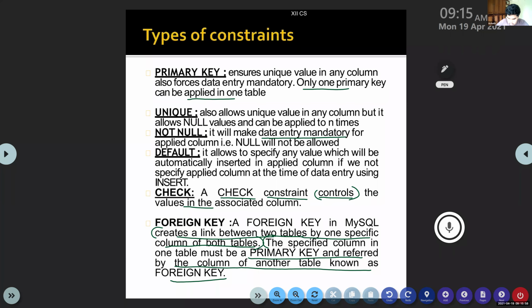One student has sent me the homework through WhatsApp, the answers. Very good.